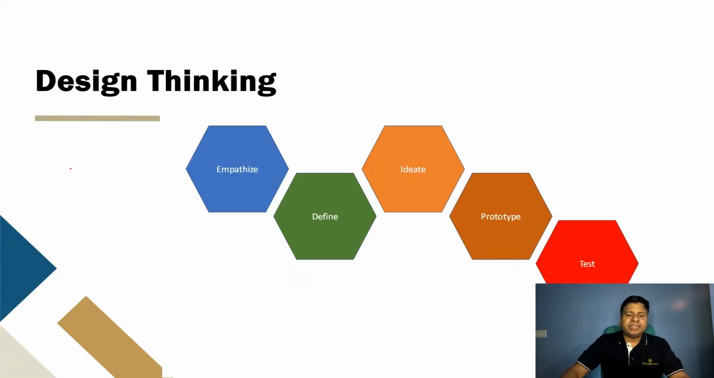So design thinking is a 5-step process. The first part is empathize, define, ideate, prototype, and test. What is empathize here? Empathize means you have to empathize with the customer. So validating,